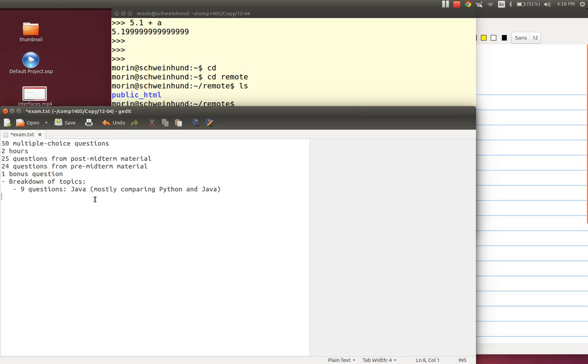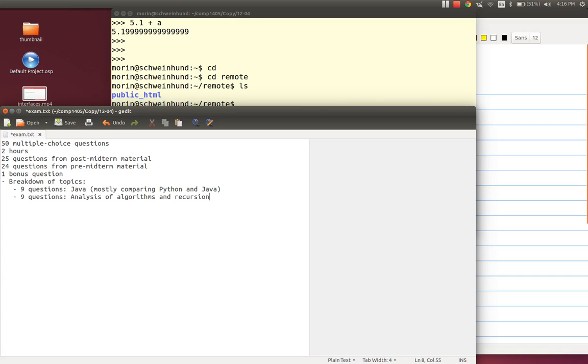There will be 9 questions about analysis of algorithms and analysis of recursion. So these will be questions like, here's a recursive function.